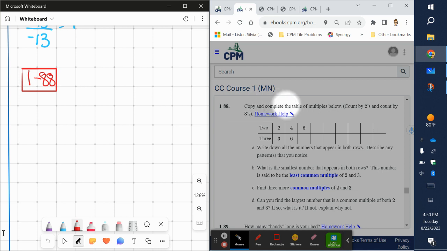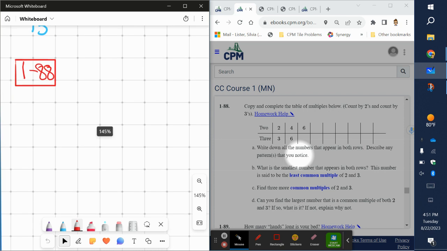Copy and complete the table of multiples below. Count by 2s and count by 3s. So I need to copy this table down, and I need to write down all the numbers that appear in both rows. Describe any patterns that you notice. Okay, so I can, again, copy or do a screenshot and paste, but I'm just going to hand write this